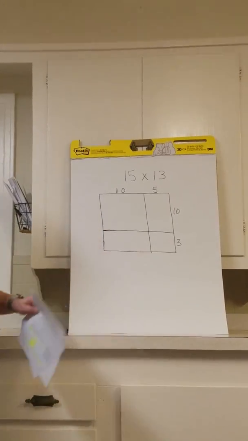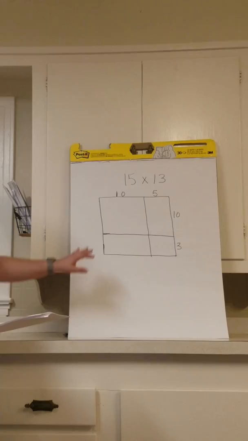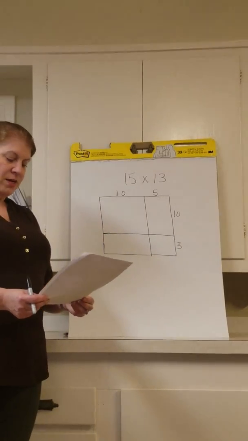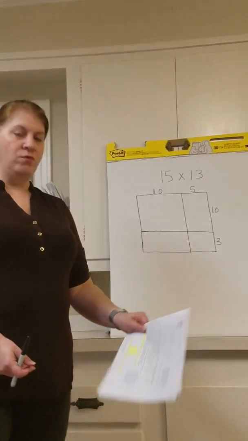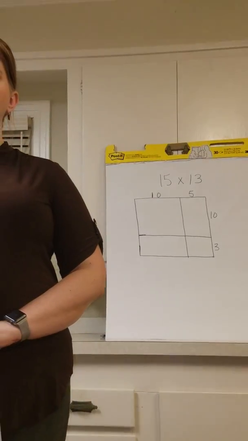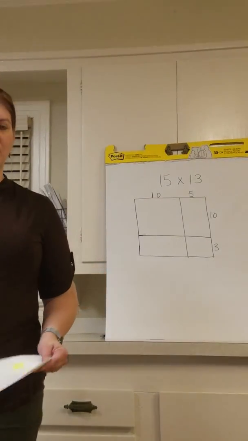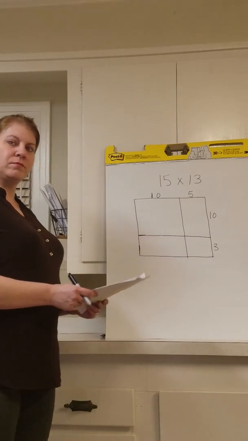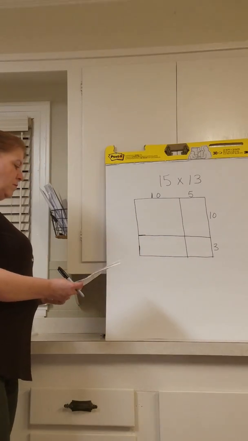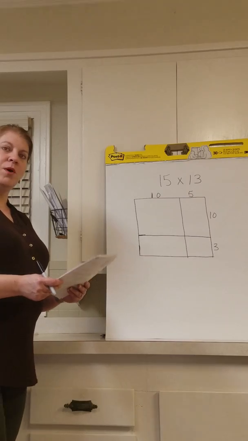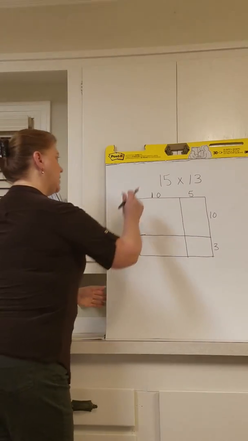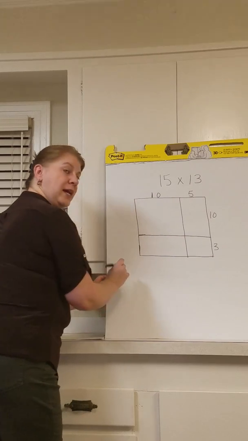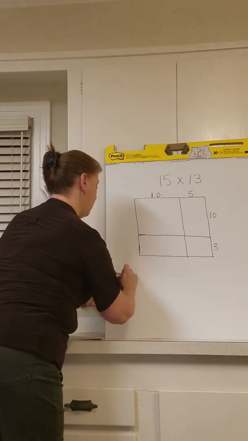Why do you think I drew the model that I did here? Discuss with an elbow partner why you think I drew the model that I drew here. I'll give you about a minute to discuss that. So one possible answer could be that when you look at 15 times 13,